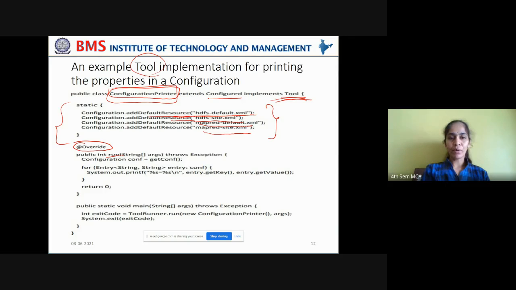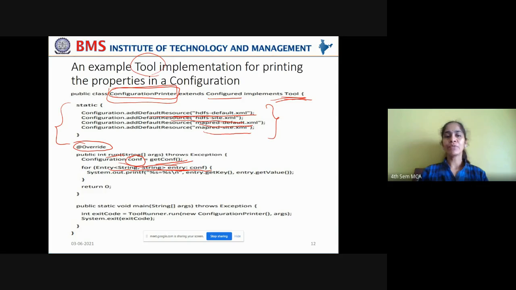So you're overriding this run method by creating a configuration object, and for every key value pair that is taken from the configuration file, you're getting all the configurations from the default resources.